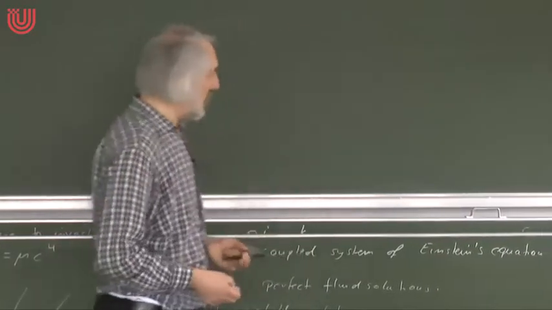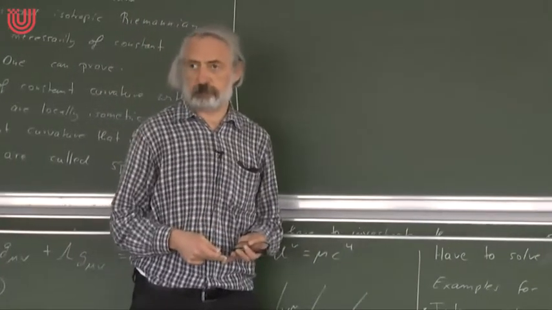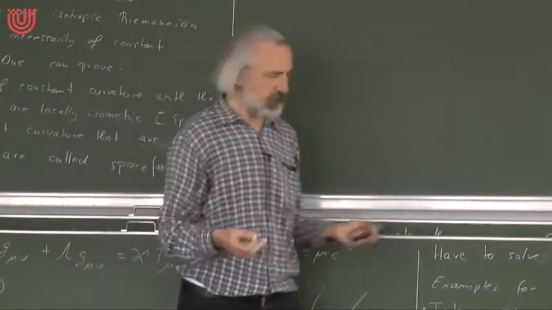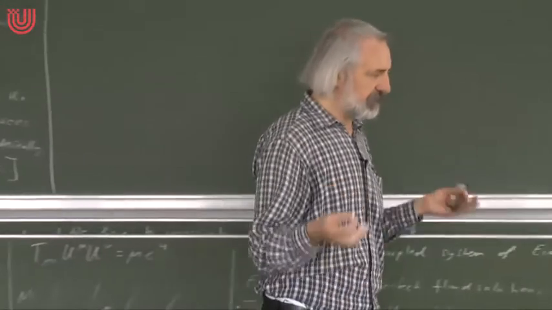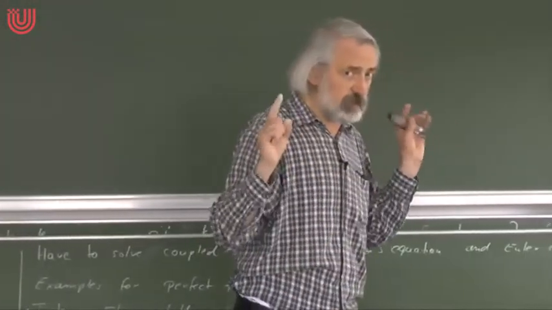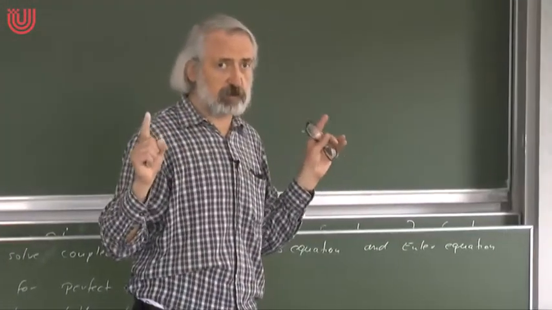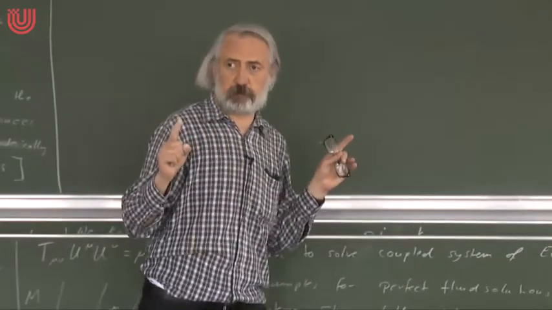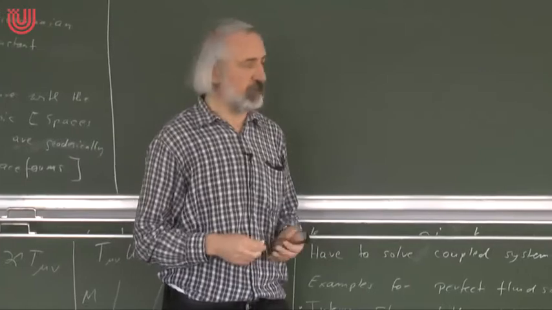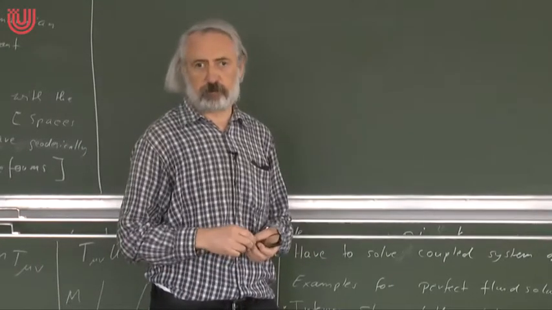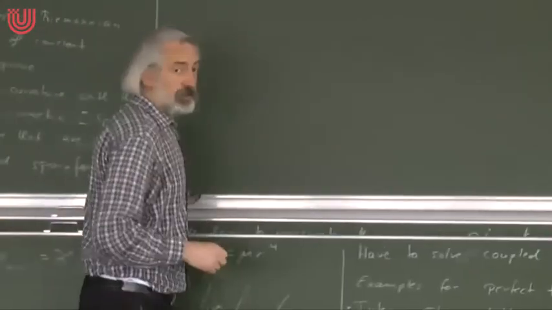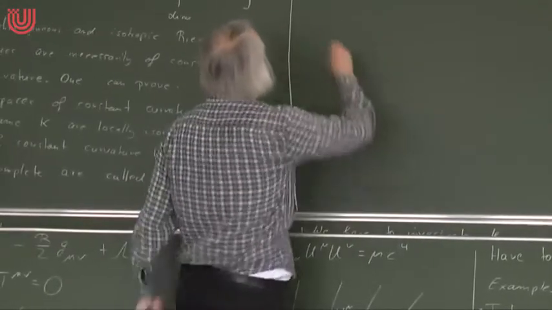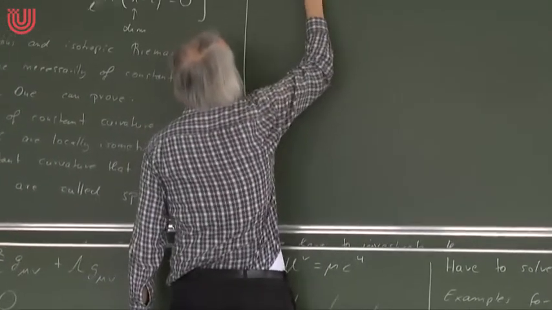And now the question arises, how many Killing vector fields can there be on a manifold? It's easy to check that if you have two Killing vector fields, then the linear combination with constant coefficients is again a Killing vector field. So they form a vector space over the real numbers. And the question is, how big can the dimension of this vector space be? And this is limited by the dimension of the spacetime. So spaces of constant curvature,